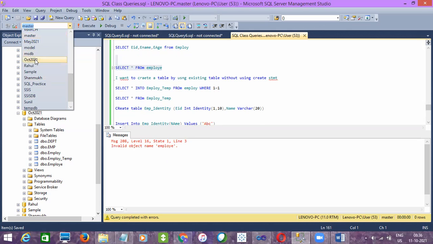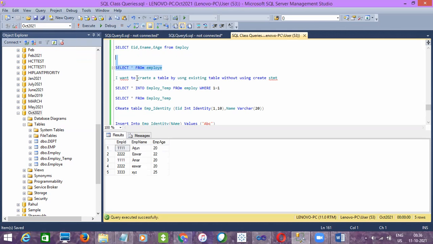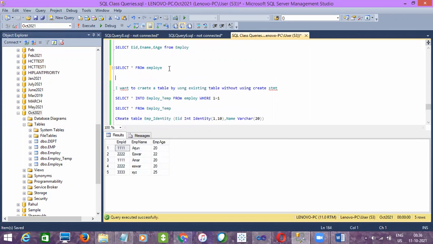Let me choose October 2021. Select star from employee, and if I do select star from department, we have these many records.